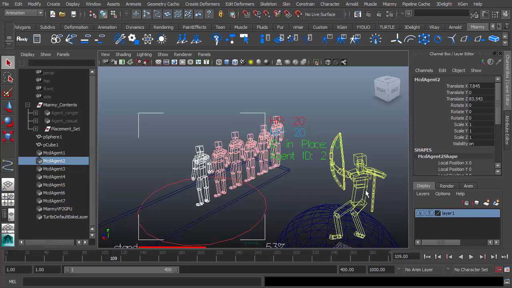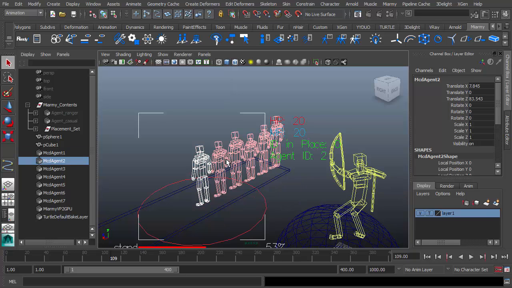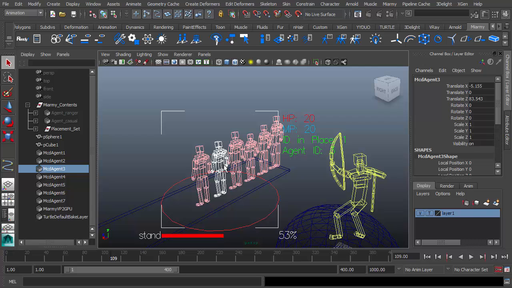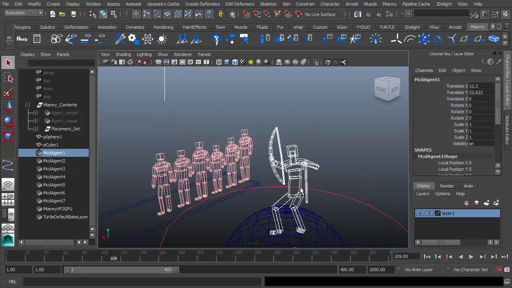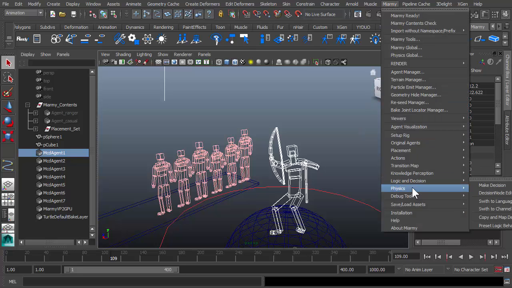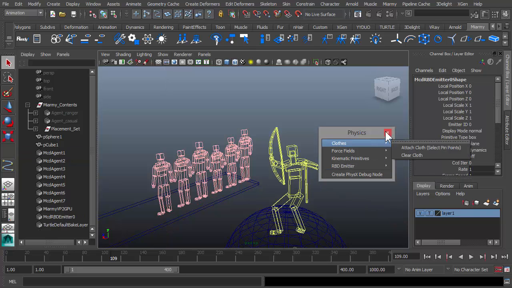What I'm going to do is pretty much emit the arrow from the yellow agent and shoot the RBD object forward. And when the RBD object collides with the pink agent, the agent will hold the arrow and done, and with the force field push. So let's first make our agent shoot the arrow. So let's create our RBD emitter. So the RBD, create RBD emitter, and